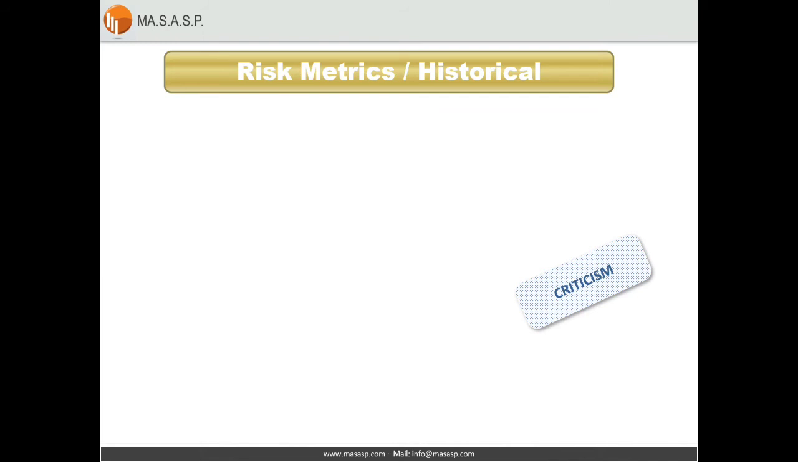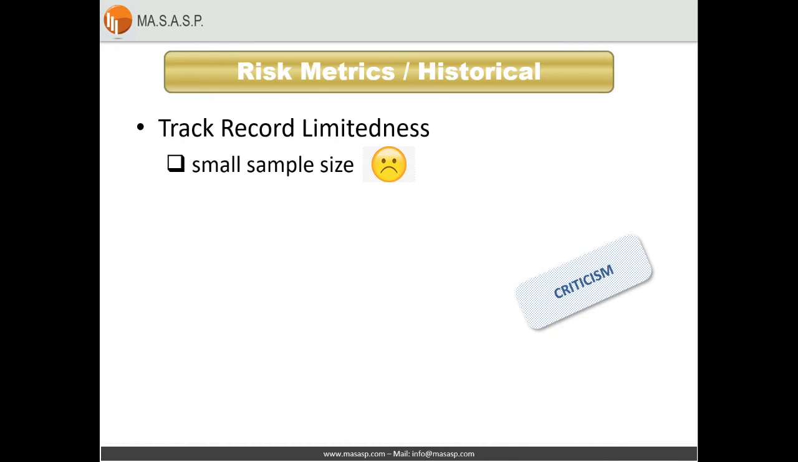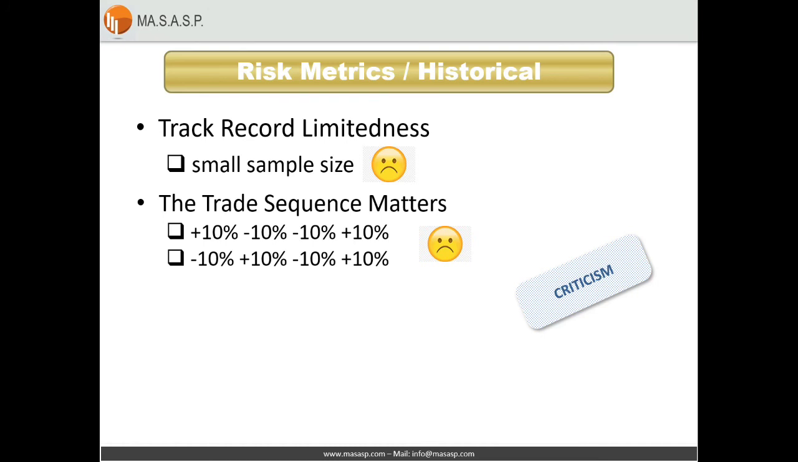Here are the shortcomings of this metric. First of all, it is affected by the track record limitedness. Simulation-based metrics can overcome that. Secondly, it is affected by the order of the recorded trades. Imagine that you have two systems to compare, and they are equal in that they have a track record of just 4 trades,